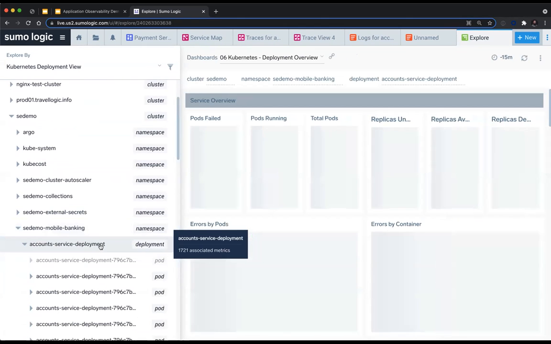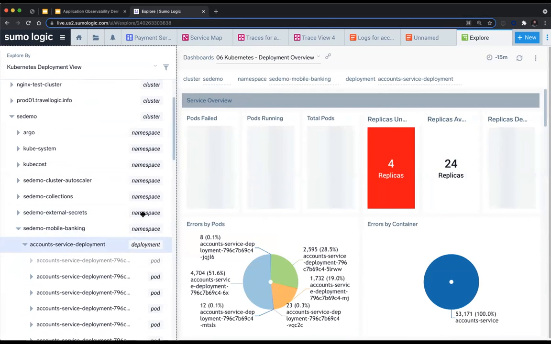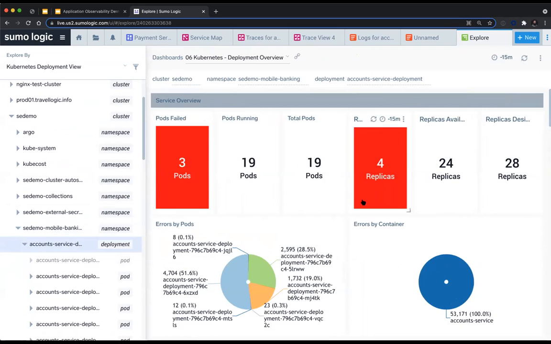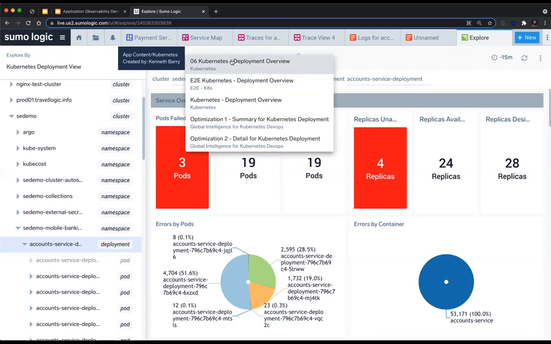So once we get into this, we're going to be presented with an overview of our deployment. We could see that we have a bunch of errors happening in here, but we already knew about that. We already got that resolved. So we're not overly concerned with that anymore. We want to figure out, how do we prevent this in the future? How do we really make sure that we're optimized and not having these 3 a.m. calls anymore? So to do that, we're simply going to go into our dashboard up here and select our summary